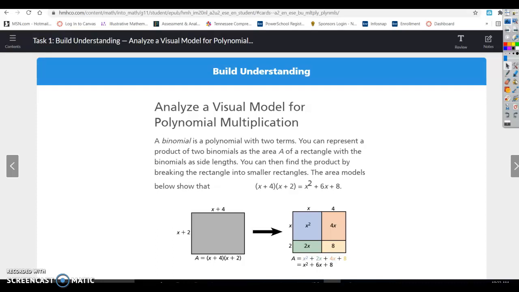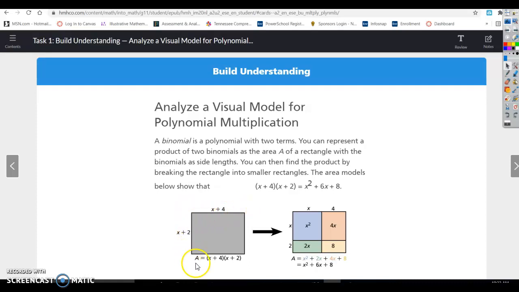A binomial is a polynomial with two terms. You can represent a product of two binomials as the area of a rectangle with the binomials as side lengths. You can then find the product by breaking the rectangle into smaller rectangles. The area models below show that. All right, so the original rectangle here is x plus 4, and this side length would be